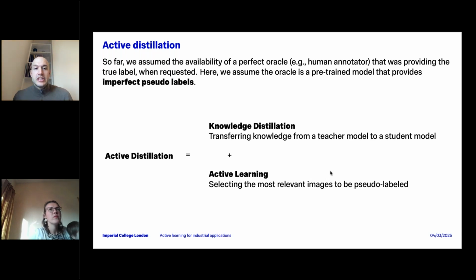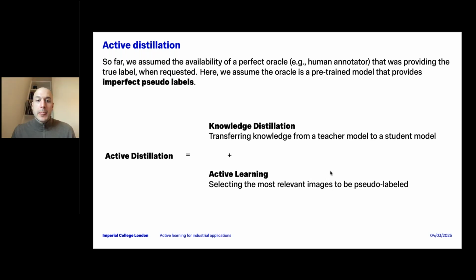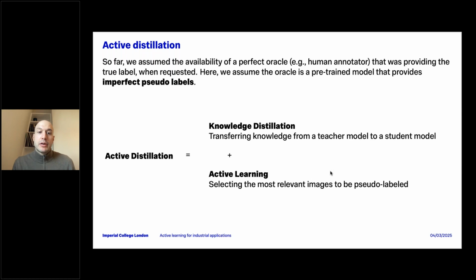So in this case, the idea is that we want to specialize a student model using the labels from a teacher model, but we only want to select a certain amount of samples to specialize the student. You might wonder why you want to use active learning in this context if you're not having a human annotator. But the idea is that even if we are not using a human annotator, getting the prediction from a large model can still be expensive.